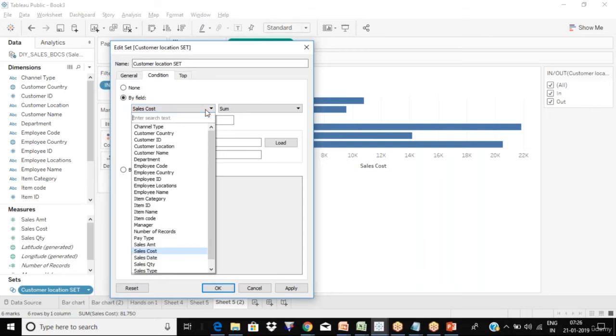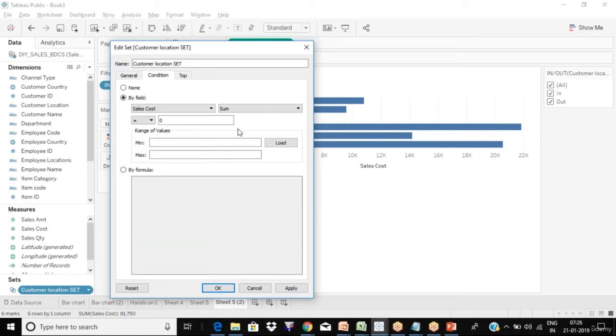I want all those customer locations where the sales cost, you don't have to write any code, so I want all the rows where the sum of sales cost is greater than 5,000.